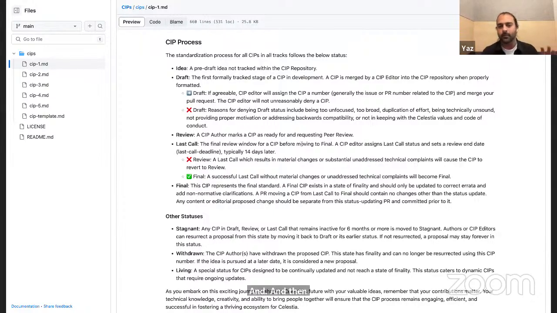Then you have what we call the CIP editors. I'm currently a CIP editor, and I'm going to nominate Josh, but anyone can be a CIP editor. The role is also covered elsewhere, but basically all you're doing is making sure that pull requests submitted to the CIP repo align with the template and actually make technical sense.